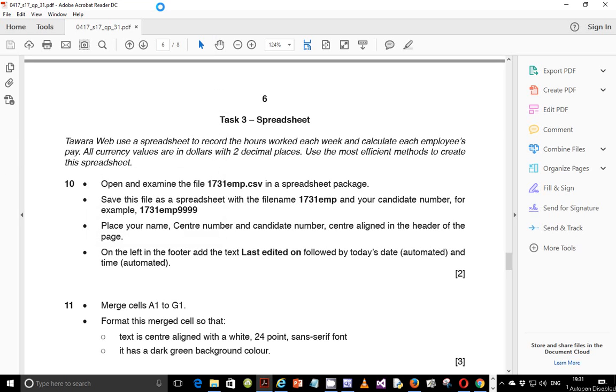In the last video we were looking at sections on web authoring, and then we pick up with data analysis in this section. So task 3, spreadsheet. Tara Webb used a spreadsheet to record the hours worked each week and calculate each employee's pay. Our currency values are in dollars with 2 decimal places, and use the most efficient methods to create